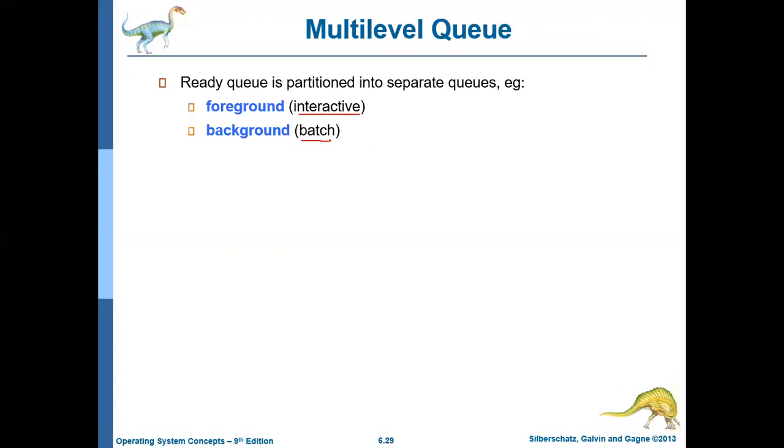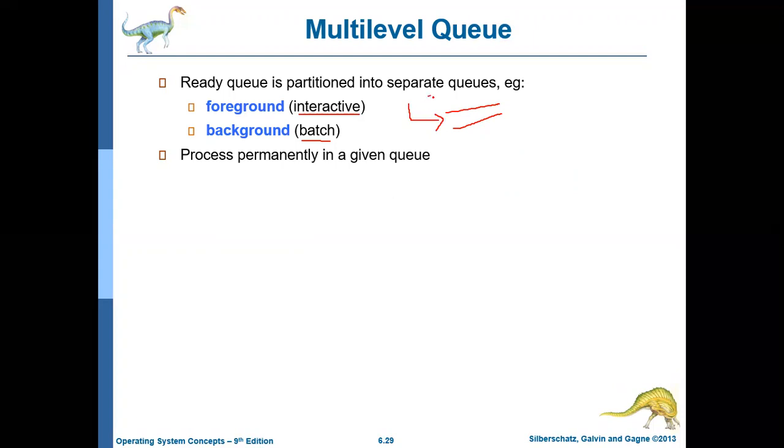Okay, so the response time of the foreground process should be low, that is it should respond quickly, whereas the response time of the background process need not be low, it can respond slowly also, it is acceptable. Okay, and the processes are permanently allocated to one of the queues. Permanently in the sense, whenever a process of a particular type comes, it will always go to that queue.